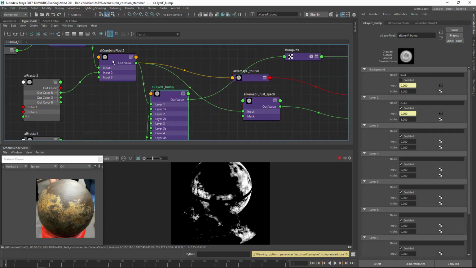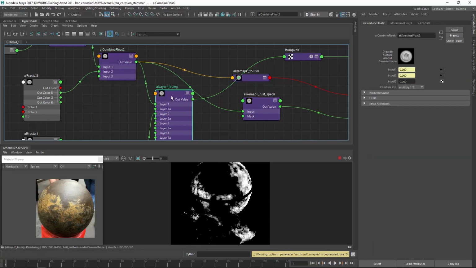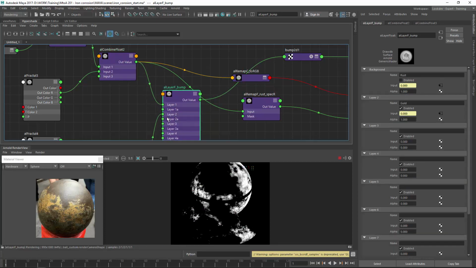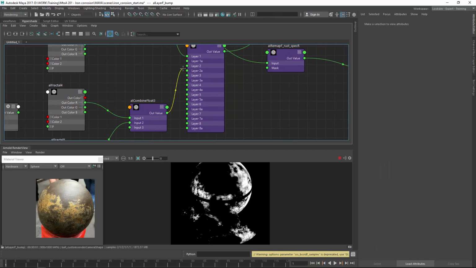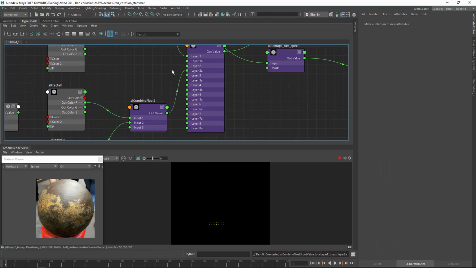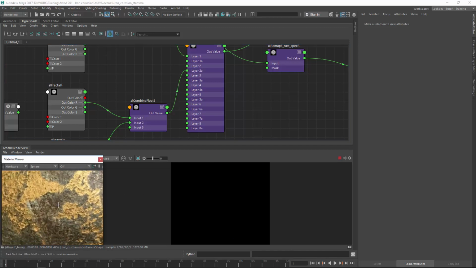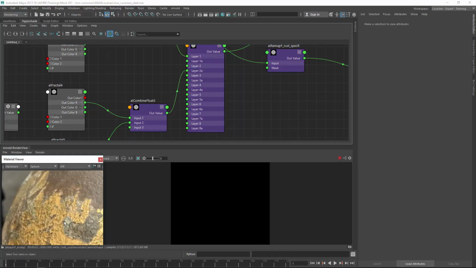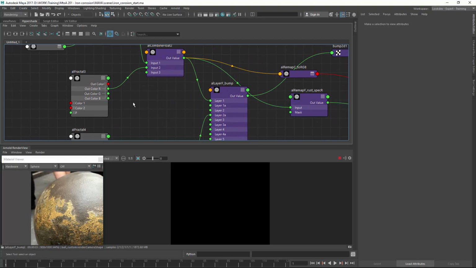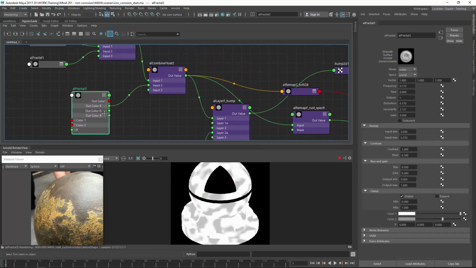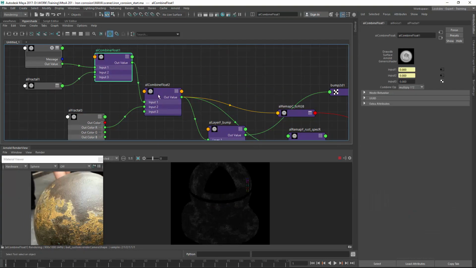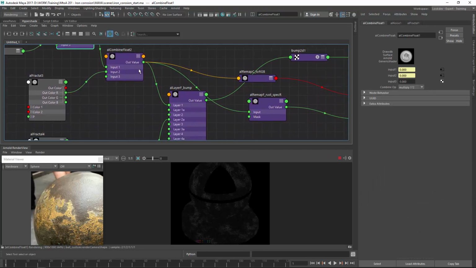Okay. And this one drives the alpha, and this is the bump map, and this is the current bump. I just need to see how everything's looking. Okay, so this is the alpha for the bump, so this needs to actually go in here. And then, as we can see, the bump for this is more flat. So we will use, I think, the same noises, but we just flatten it out a bit. So we can connect the same thing